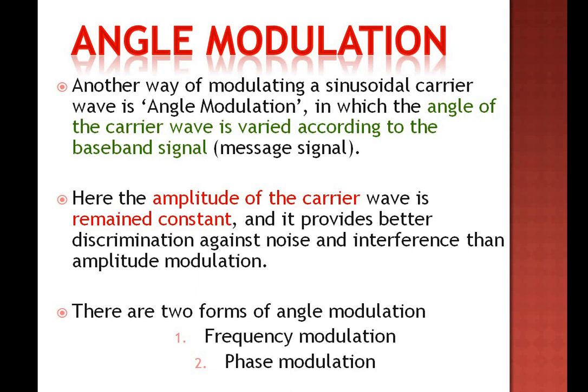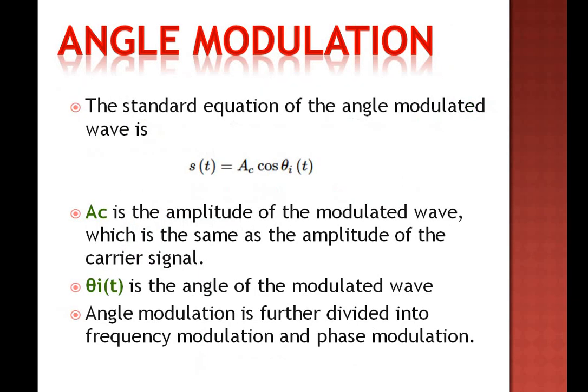Overall, how many continuous wave modulations do you have? Amplitude modulation, frequency modulation and phase modulation. These are the continuous wave modulation techniques that are used. If someone asks in a viva or a short answer what the continuous wave modulation techniques are, you have three: amplitude modulation, and angle modulation, which again has two types, frequency modulation and phase modulation. Clear? Now, what is the standard equation? We have to see the mathematical expressions for the next coming topic.